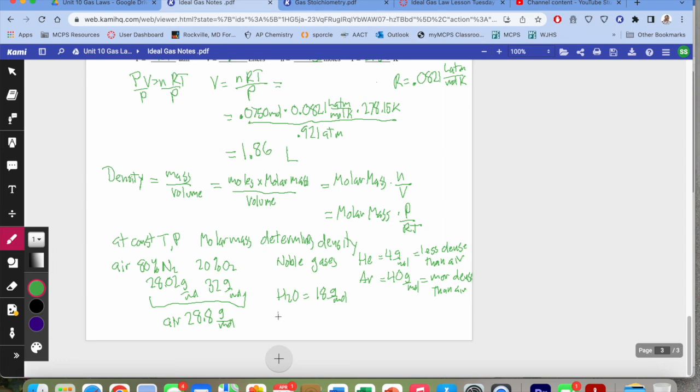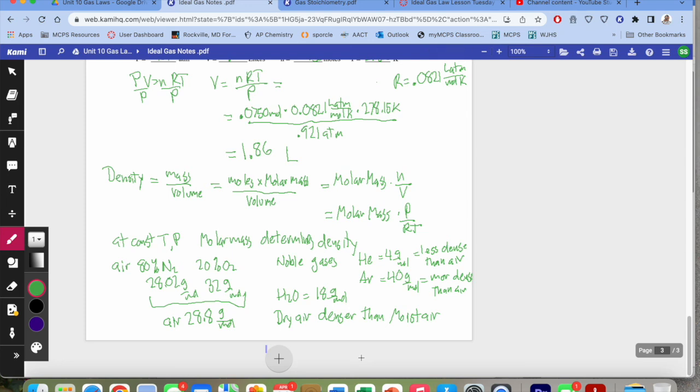So that means that dry air is denser, right, than moist air, which is kind of surprising, right? But when water moves into the area, right, when water moves overhead, it's displacing something that has a higher